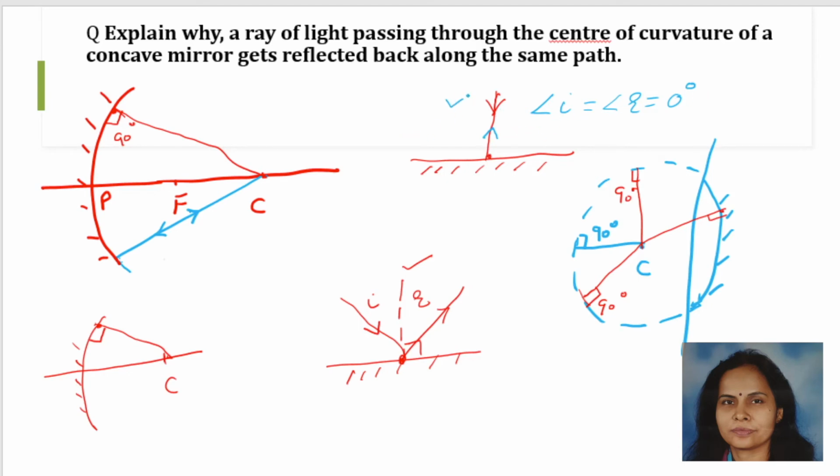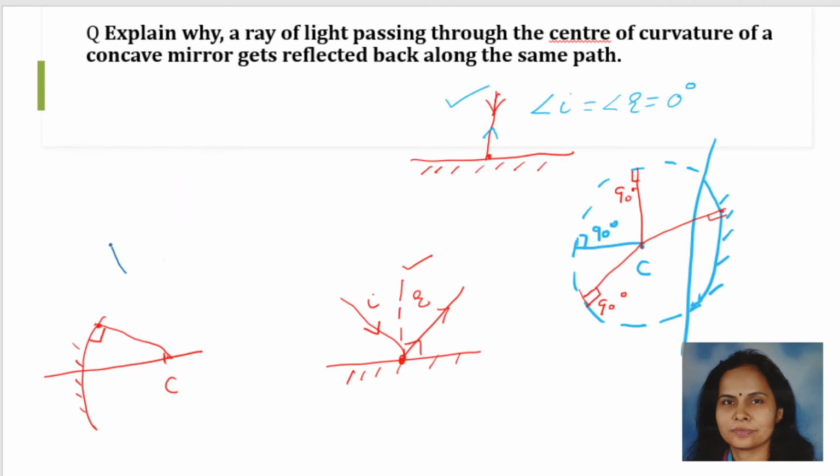So a similar case, exactly similar, is here, right? Let me make another diagram for you, another concave mirror, and this is your non-reflecting surface. This is your principal axis, this is C, right? Now suppose this is your point of incidence, and at this point of incidence, if you want to draw the normal, what you have to do is just join this point with C, right? So this is your normal.